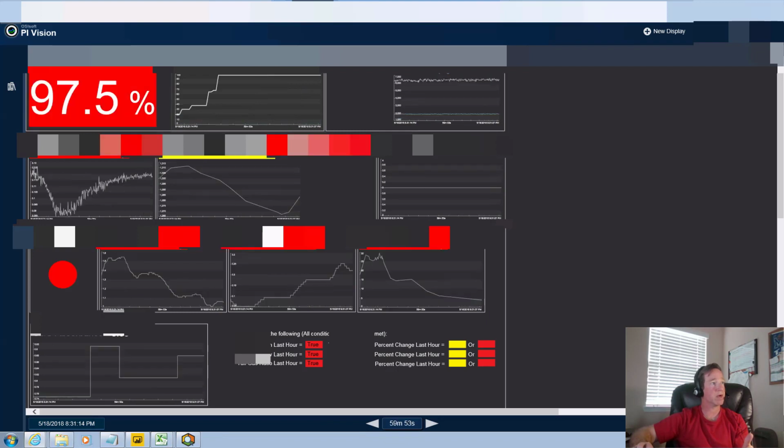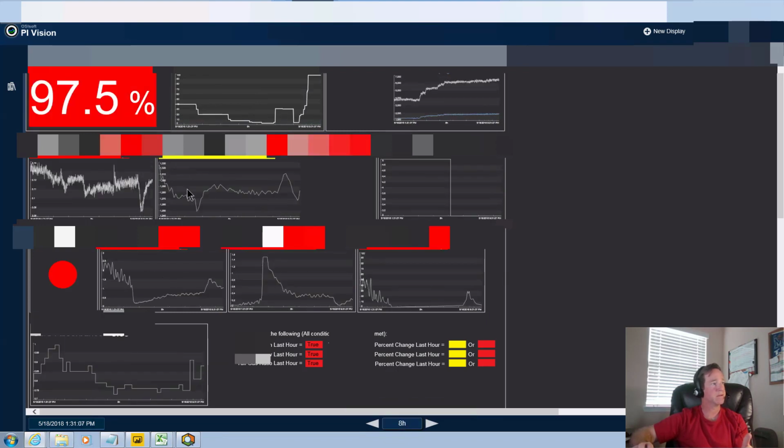So we're gonna rewind it to see what the operator would have been looking at. So let's look at 8 hours back. So you can see the V-shaped pattern. You can see the spike in the temperature. You can see these signals kind of do their number. This one drops, this one rises, and this is a ratio between those, and it rises. So we can see that this is what the operator would have been looking at. Hey, I know I need to take action. There's this big red box that tells me there's a really high probability of a problem.